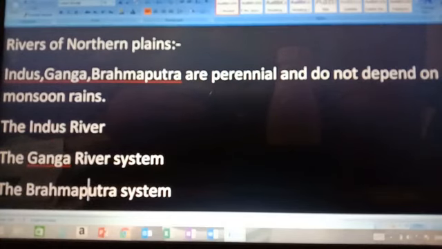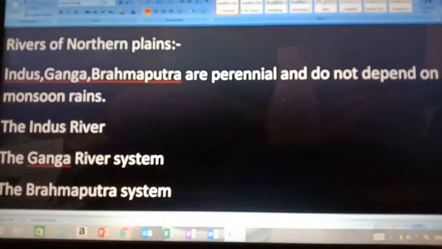Okay, drainage system. Then we have Ganga river system. The Ganga river system consists of the main river Ganga and its tributaries, some rivers coming from the north and some from the south.